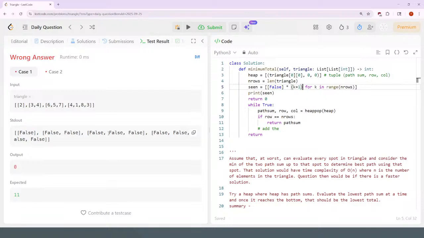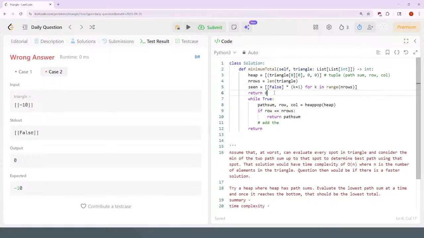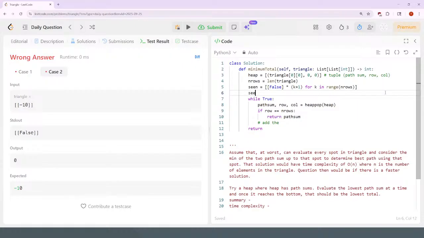Okay, 1, 2, 3, 4, and just a single 1. And I probably need to make seen of 0, 0 to be true, I guess. I'm not sure if that's really necessary. I shouldn't be able to traverse to that element, I don't think. Okay, so